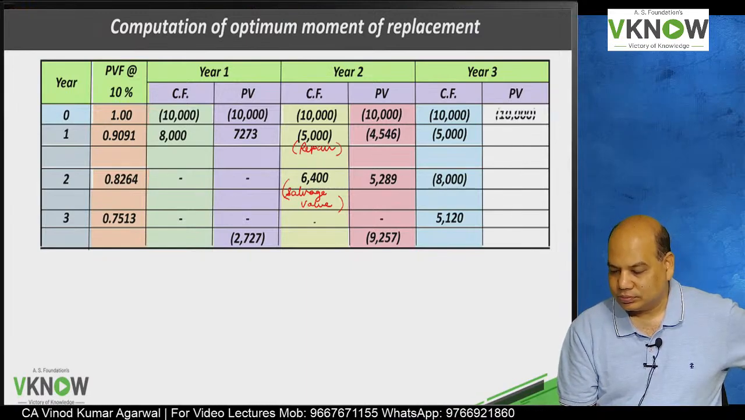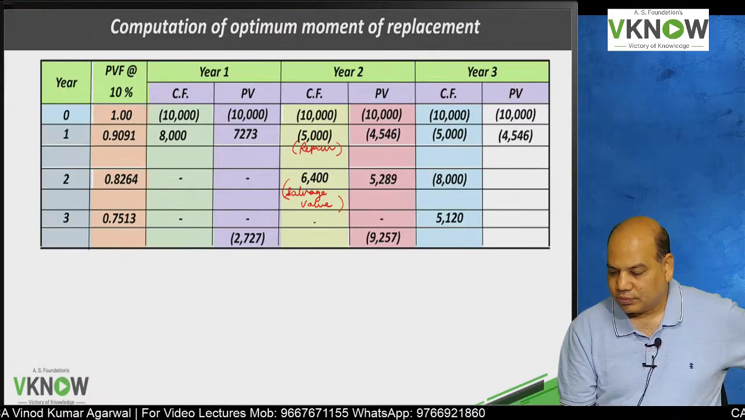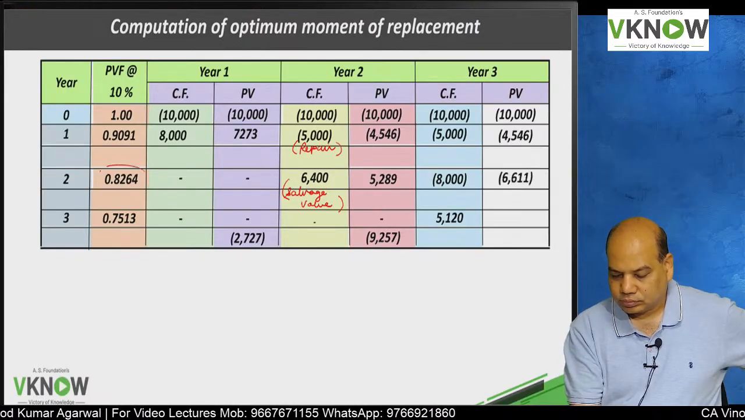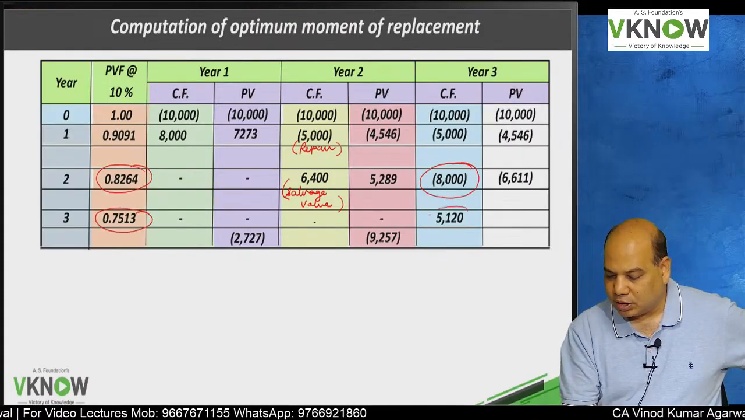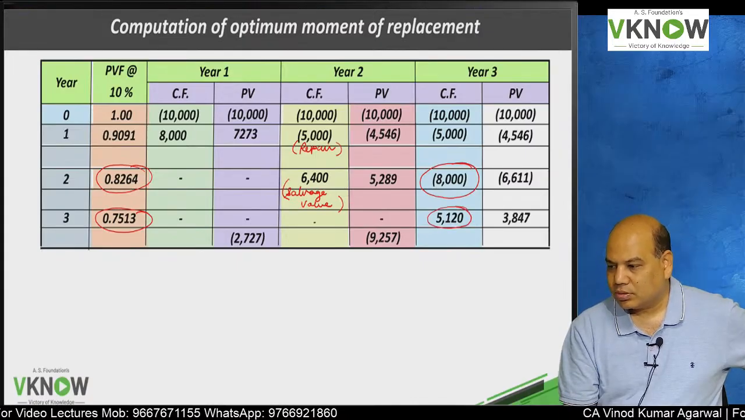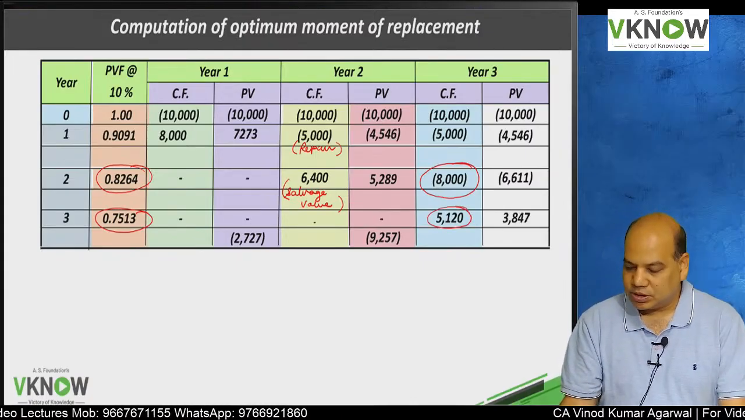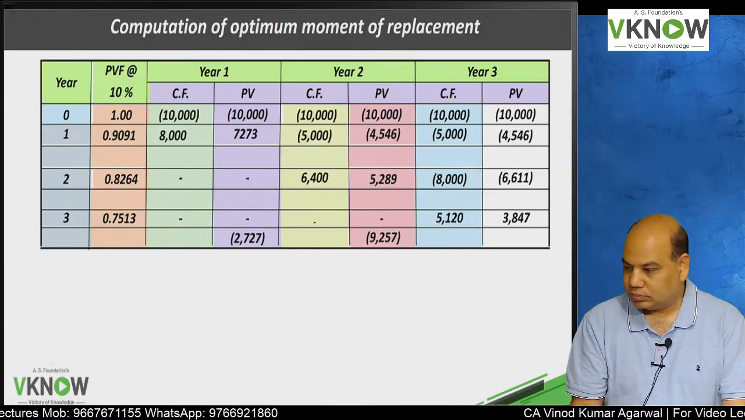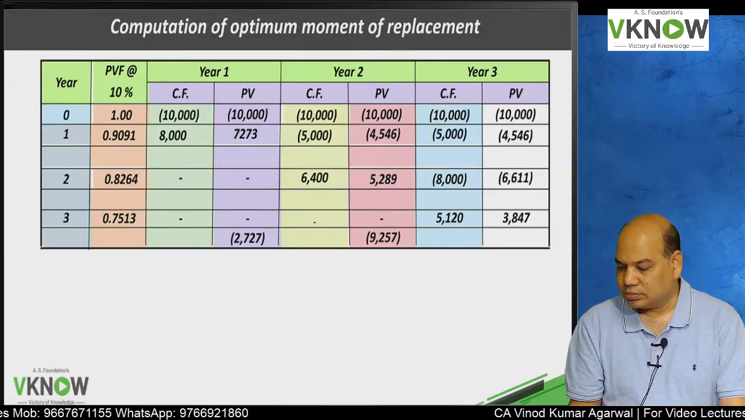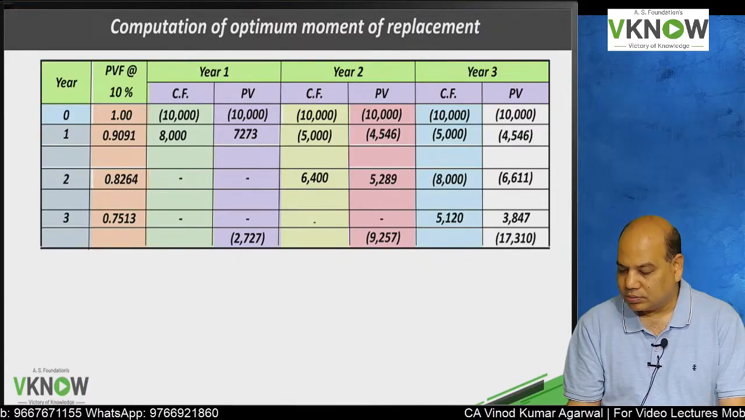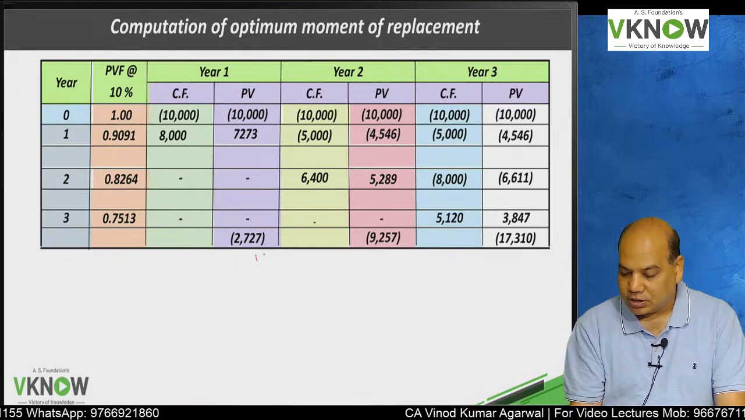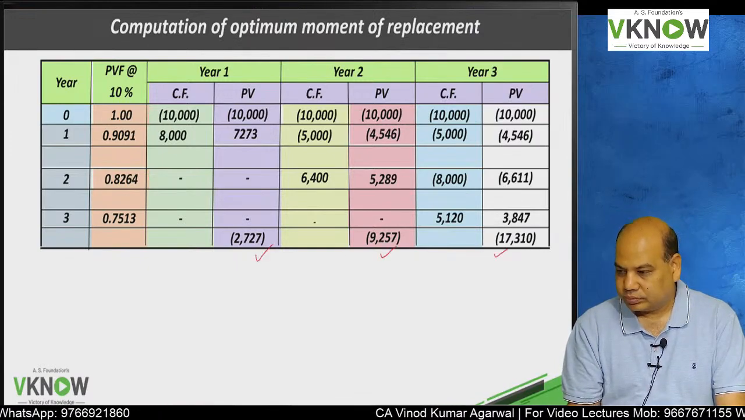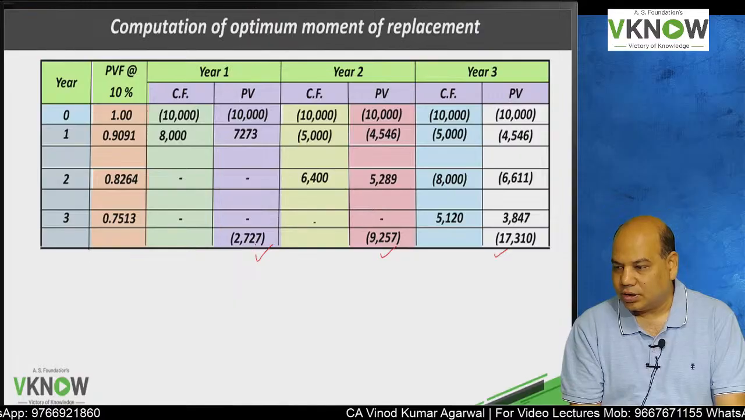Present value 10,000, 4546, 0.8264 into 8,000, 6611, 0.7513 into 5120, 3847. Please take the total. Anybody for the total? Total of the last column 17310 negative. If you compare these numbers, you will say year 1 is better, but